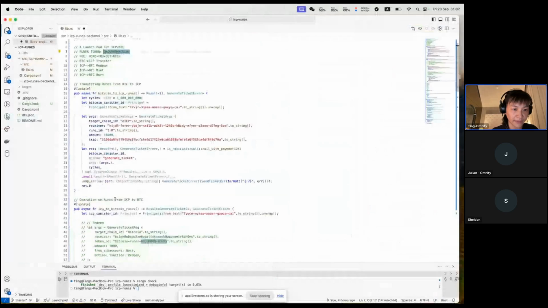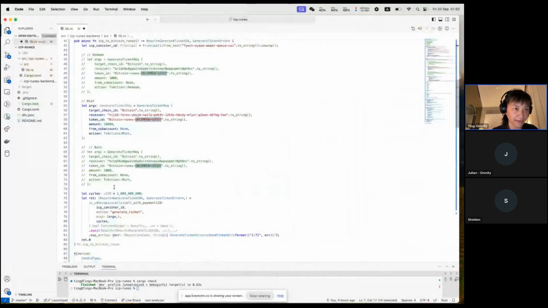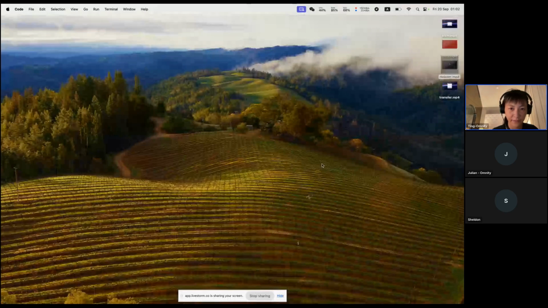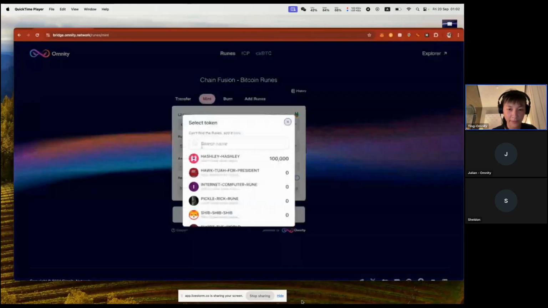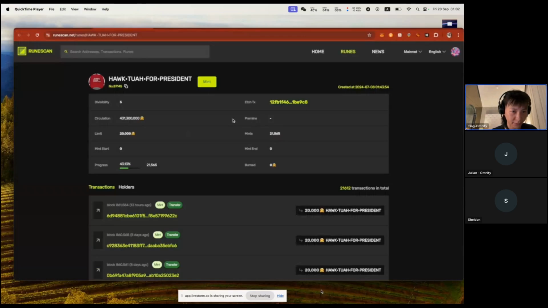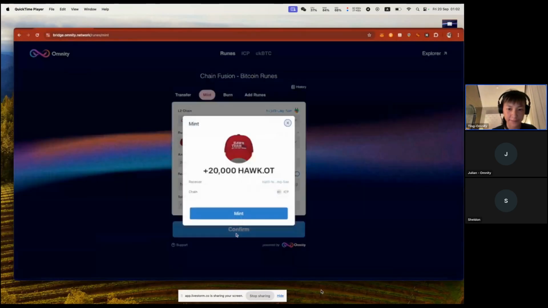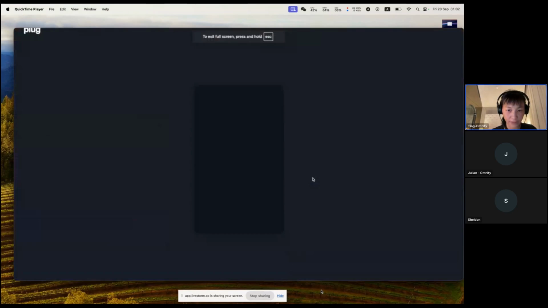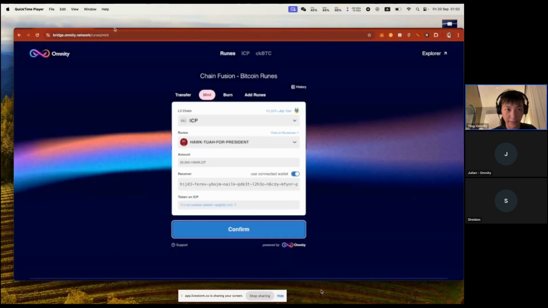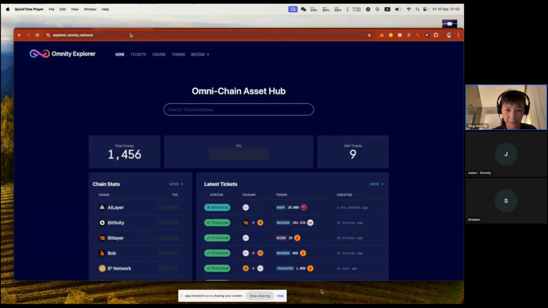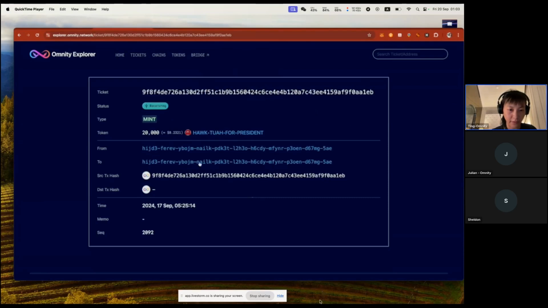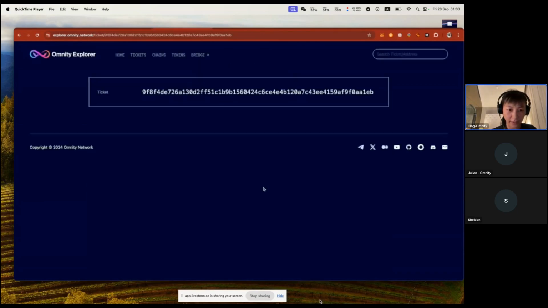And we can still take a look at the demo here very quick. Go to Mint and select the token and check on the detail of the Rune's token. Confirm again. Proof for the interaction and the transaction fee. Okay, and you can go to the Explorer, Omnity Explorer, to check on the transaction detail and the status. So yeah, this is where the ticket got generated at the beginning, and after a while, you will see